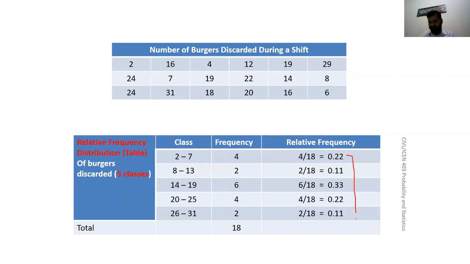If I add them, I should get the sum equal to 1. So if you add them, the sum is almost 1. Because you see, I am rounding them off. If you write, let's say, maybe up to 4 decimal places, maybe you get exactly 1 at the end. So this is not a problem. If you get 0.9999 or 1.0001, it's not a problem. The reason is we are writing these approximate values.